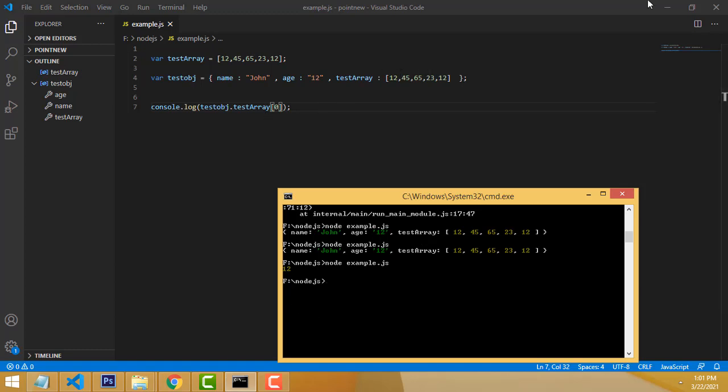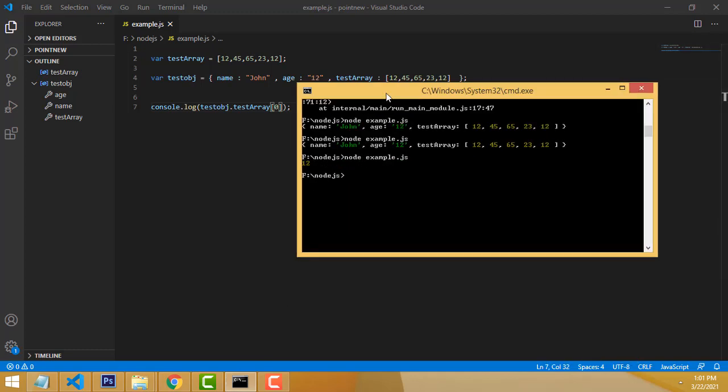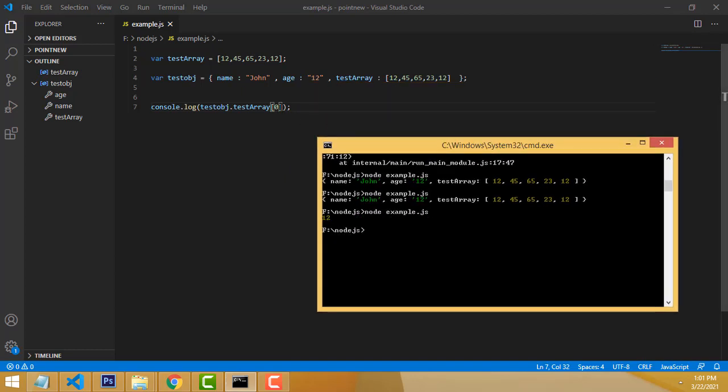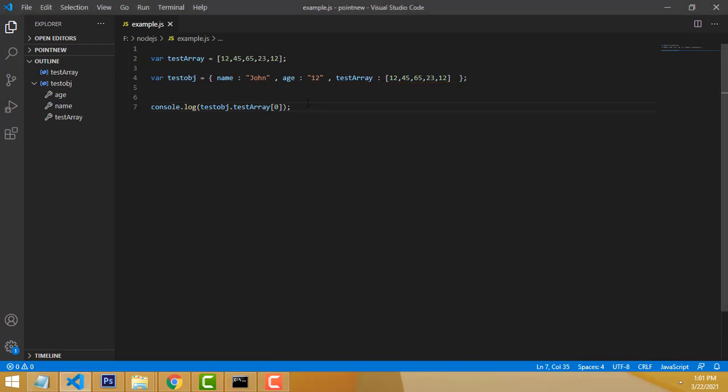This is the easy way to do the example. A very simple Node.js example. All of these things are very important when you are writing the exam or when you go to an interview. These questions are frequently asked. Keep it in your mind. This is my experience, and I am going to tell you again and again: this is very important stuff. You must learn how the JSON array works. If you pass an array into the JSON object, how it works, all this stuff you must learn. This is a very essential example, right?